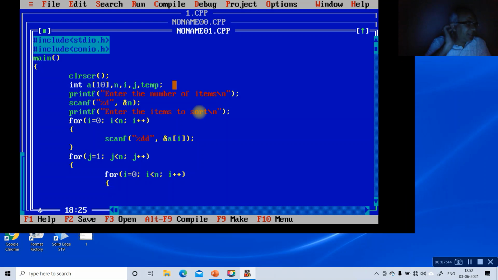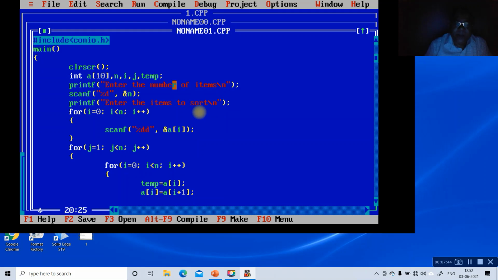Then temp is equal to A[i]. Then A[i] will be assigned the value of A[i+1]. Then A[i+1] will have the value of temp.